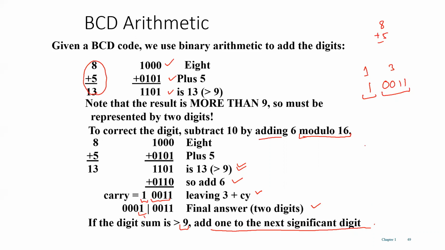Now how are things actually tested? I will come to your doubt, let me finish this. Suppose you have 8 plus 5 equal to 13. A comparator in your computer's ALU, the arithmetic and logical unit, will know that this is greater than 9. In that event, when your answer is greater than 9, it will say 6 is to be added, and if a carry is there, 1 is to be added. So this is all about your computers.